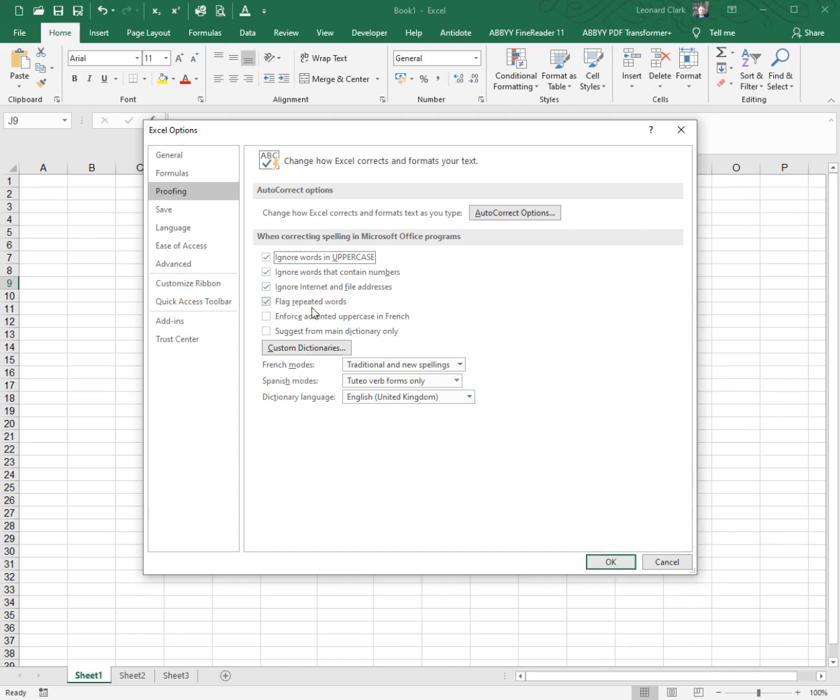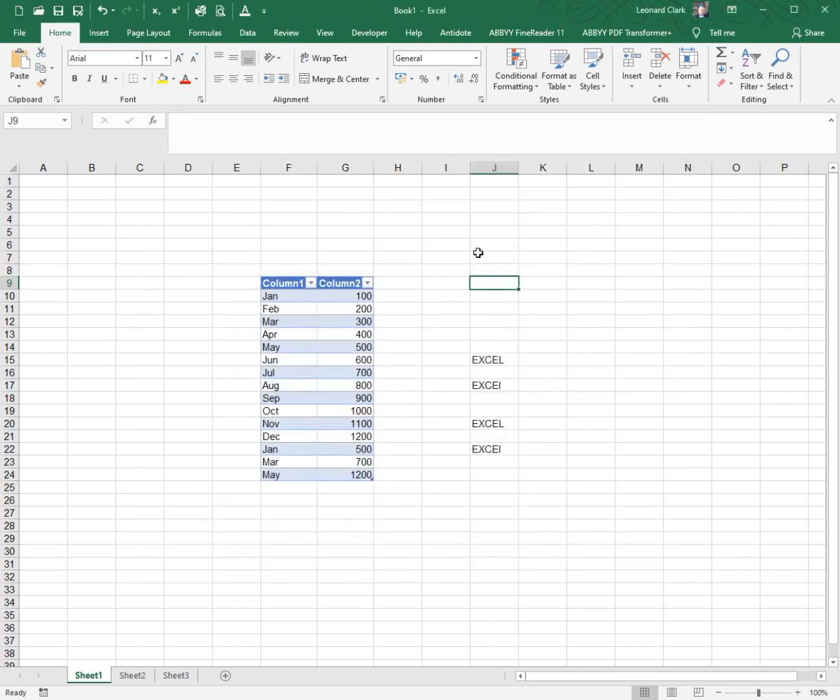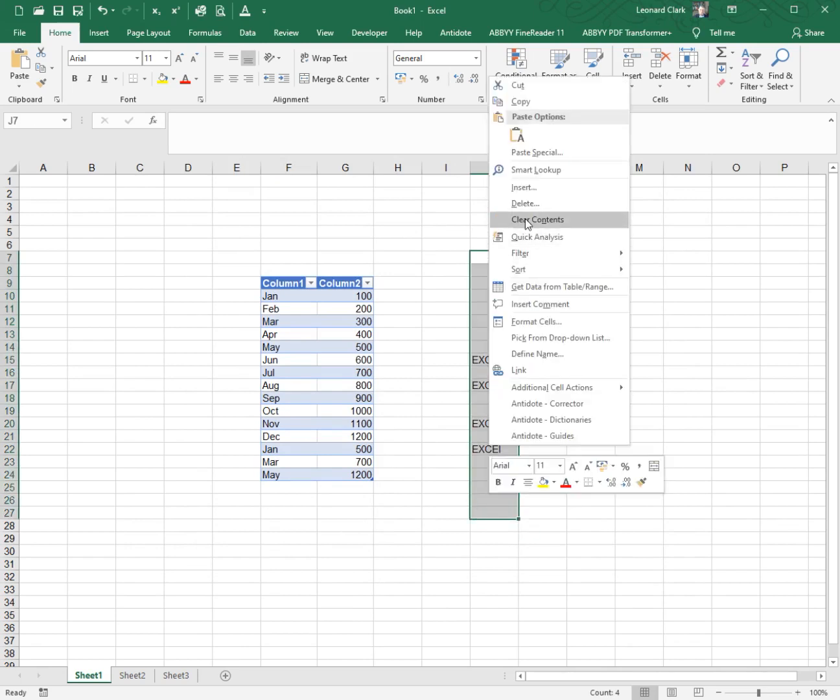And I also found that flagging repeated words didn't make a difference. So let's go for that one, because that one, it seems to me, is more important. So if I get rid of this,